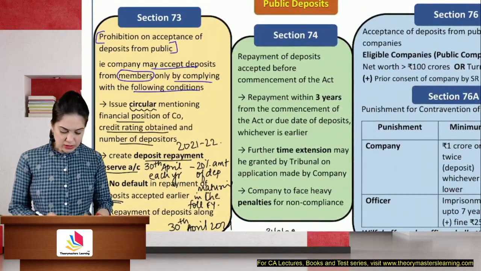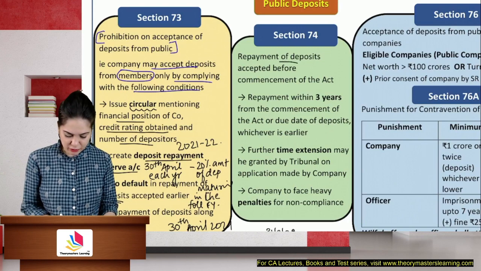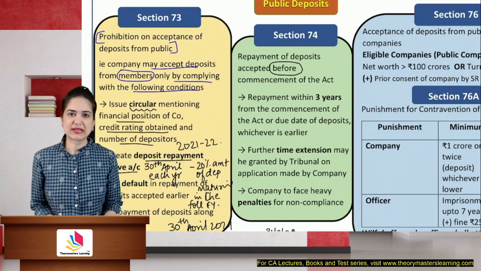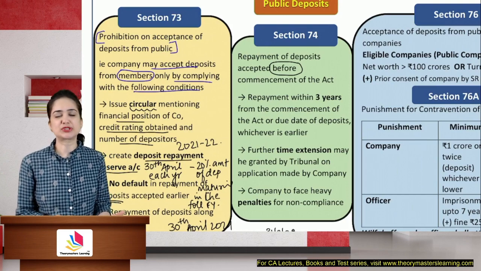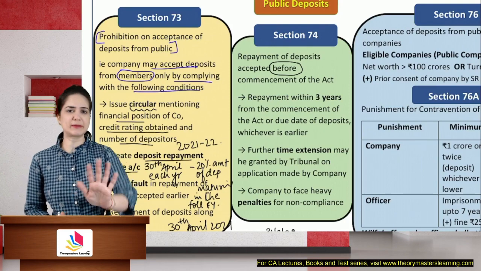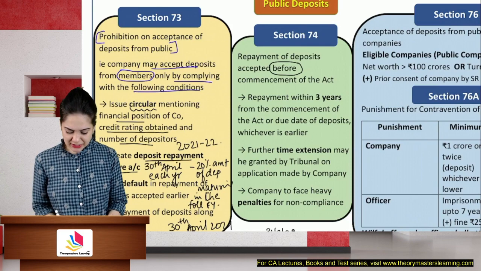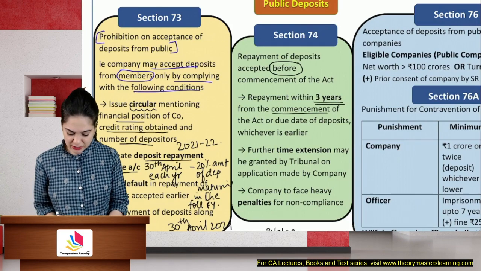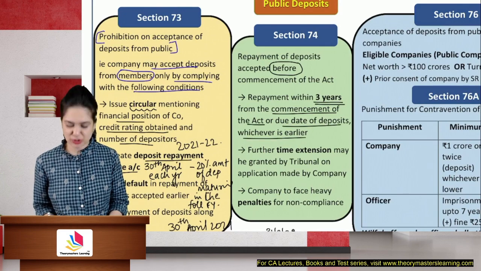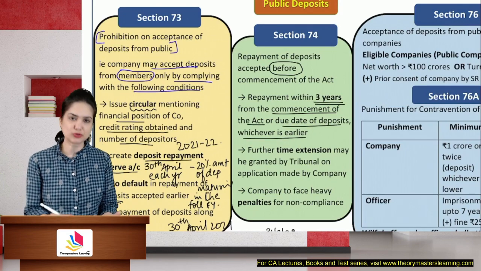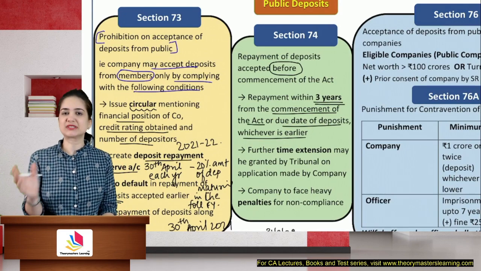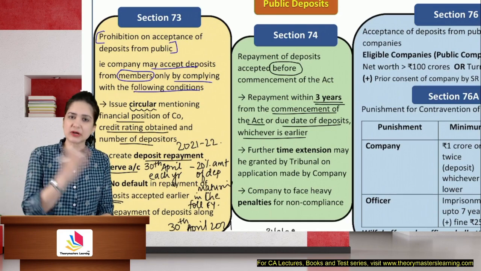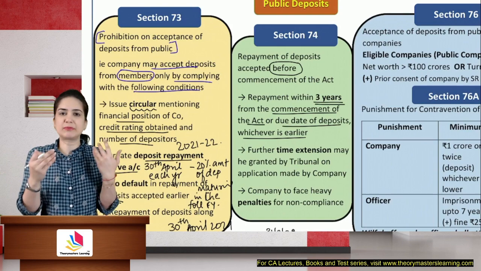Now, company has accepted the deposit before commencement of this act. Only eligible companies can accept deposits now. So what about the deposits that we had accepted earlier? That you will have to repay back. The company shall repay the money within 3 years from the commencement of this act or the due date of deposit, whichever is earlier. So the act commenced on 2013. So within 3 years, that is before 2016, you should have repaid. Or if the due date fell earlier, okay, it was earlier, then the repayment should have been made and you